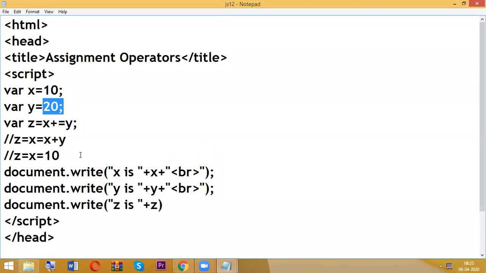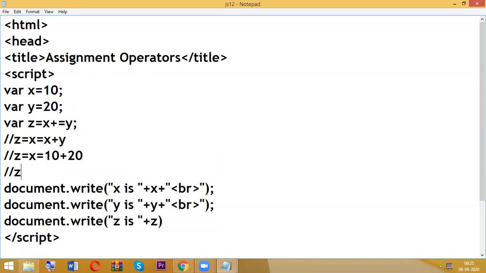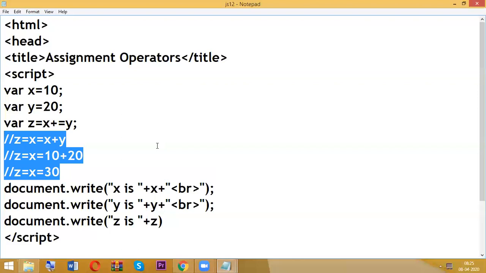And what is the y value? 20. So finally, in comments I am writing z equal to x equal to 30. Based on this expression, z value and x value both became 30. I wrote it in comments just for your reference.